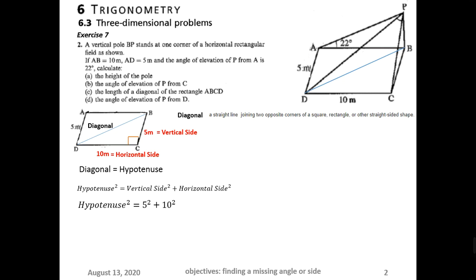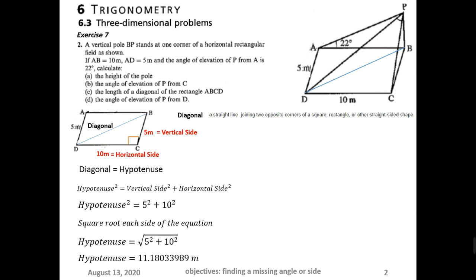We're finding only one hypotenuse, the length of the hypotenuse. So square root each side of the equation. And it will be square root of 5 to the power of 2 plus 10 to the power of 2. Now you can use the calculator to calculate this, and you will find the hypotenuse as 11.18033989 meter. And if you round this to 3 significant figures,